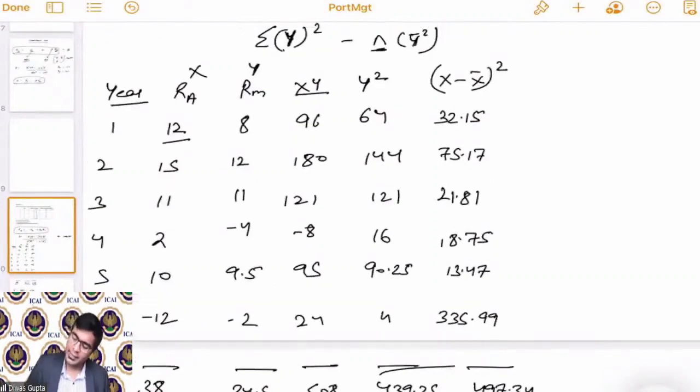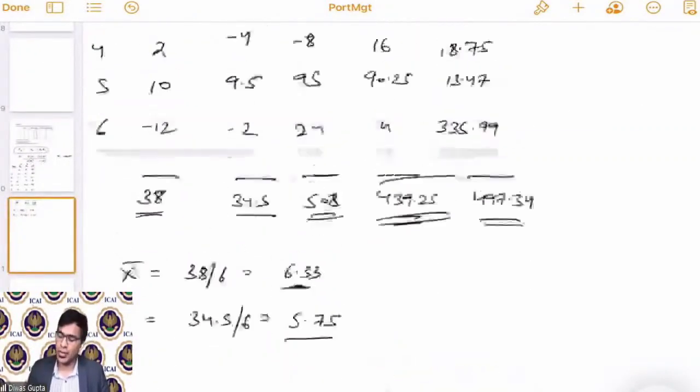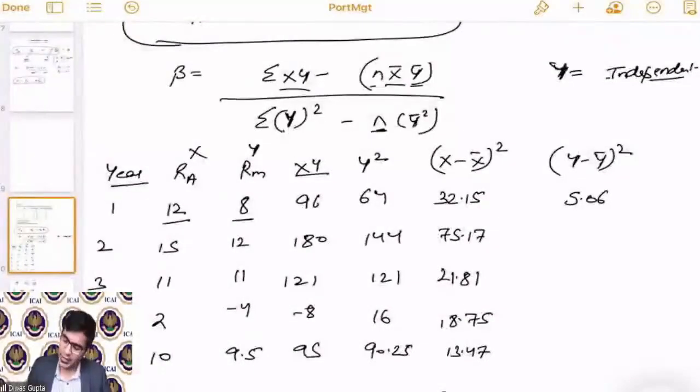And similarly, y minus y bar also we can calculate for calculating the standard deviation of market. Because for calculating the systematic risk, you need to have the standard deviation of market. So this comes as 5.06, which is nothing but 8 minus 5.75 and taking square of that. Okay, which is 5.06, then 39.06,